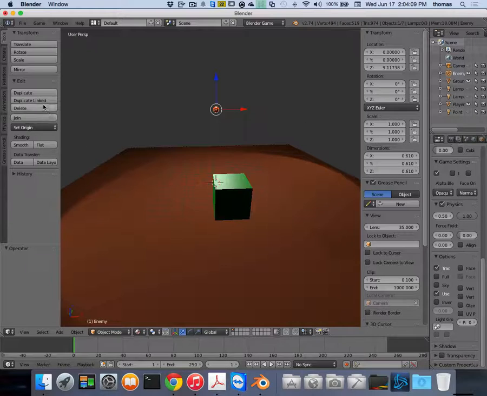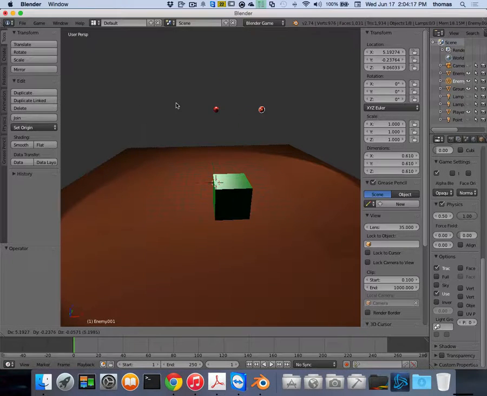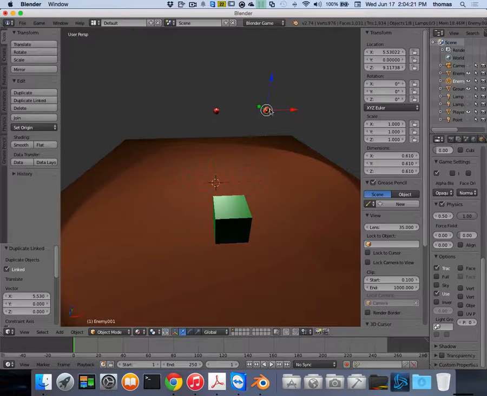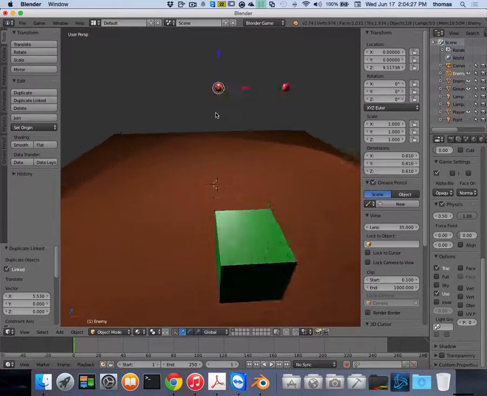So here I am. If I hover over duplicate linked, it says shortcut is Alt D. So if I click Alt D, right, and I go across the x-axis, now this is a different object. These two objects, anything I do to one object happens to the other one. Let's show you what I'm talking about here. If I scroll in,